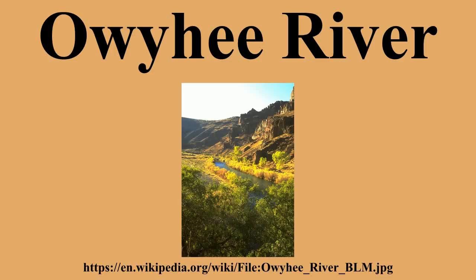The Omnibus Public Land Management Act of 2009 designated 323,274 acres on and around the Owyhee River in Idaho as wilderness. The bill was signed into law by President Barack Obama on March 30, 2009. The new wilderness areas are: North Fork Owyhee Wilderness, 43,413 acres, Owyhee River Wilderness, 267,328 acres, Pole Creek Wilderness, 12,533 acres.